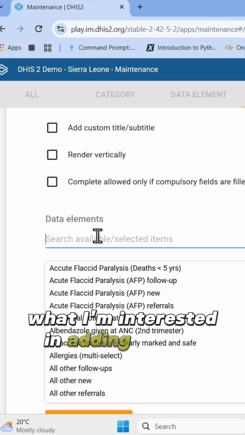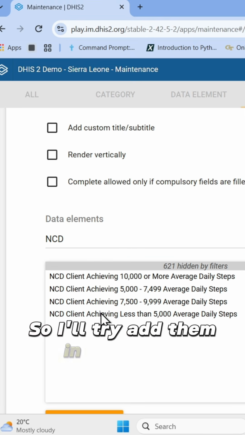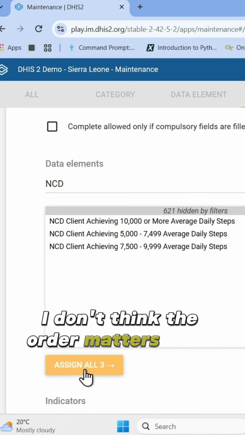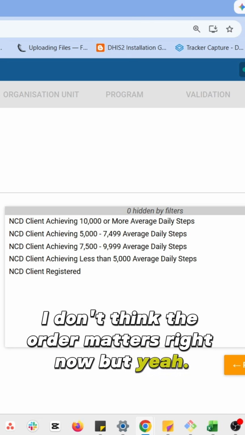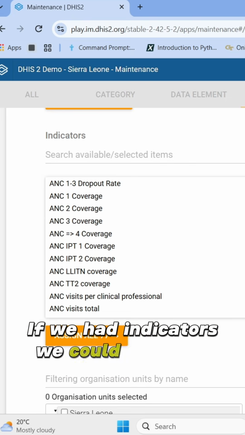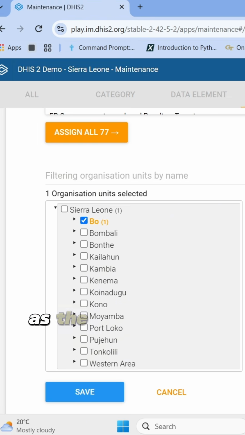What I'm interested in adding here is the data elements. So I'll try add them in this order. Don't think the order matters right now, but yeah. So I'll leave it there. If we had indicators, we could add them, and we're going to select bowl as the place where we can